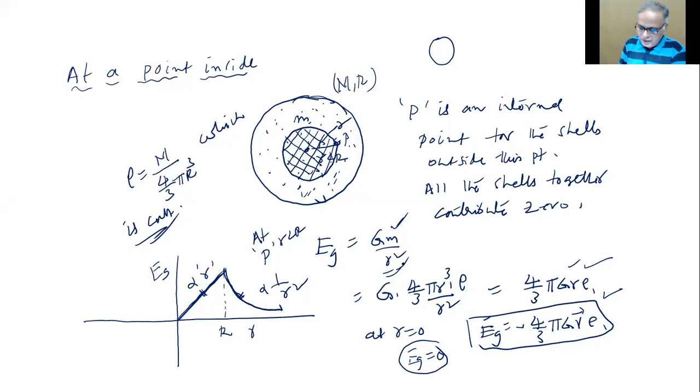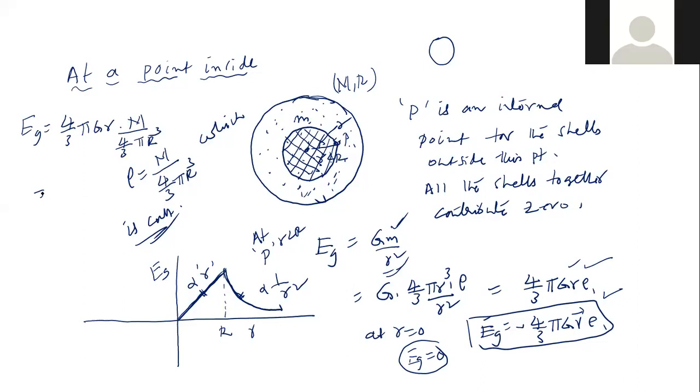So, of course, you may also write it if you want. Which way? You wrote it like this, no? Inside, G equals, you can substitute this m by 4 by 3 pi r cubed rho and also write the formula. That form also you can remember. Eg equals, tell me, 4 by 3 pi G r rho. Rho is total mass by 4 by 3 pi R cubed. Do you follow? Yes, sir. 4 by 3 pi G r rho. Now what is it becoming? You tell me now.